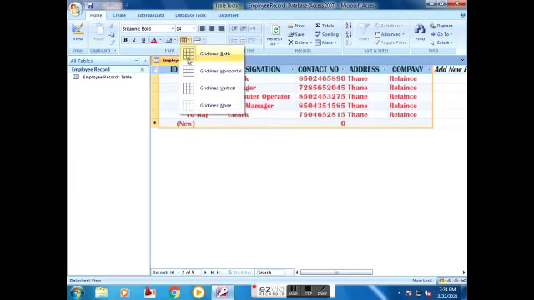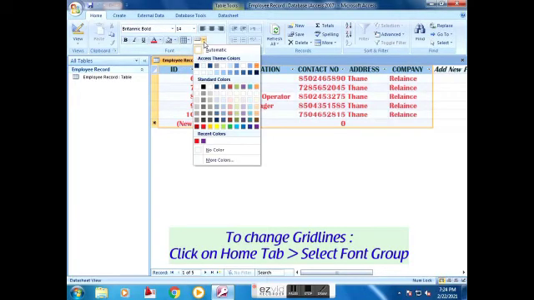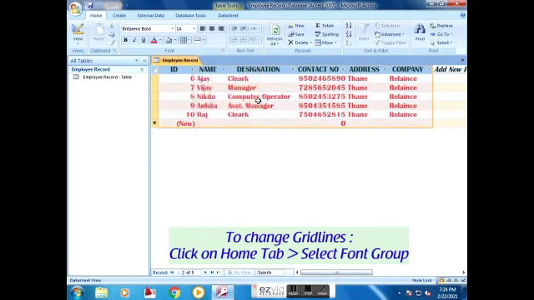To change the grid lines, click on the Home tab, select the Font group, and select the Gridlines Both option.